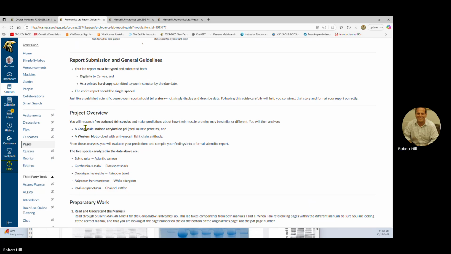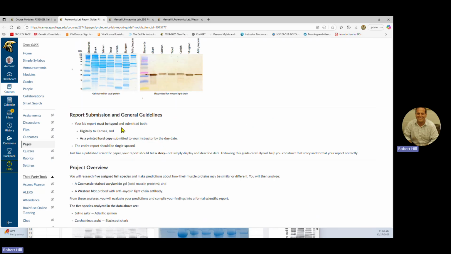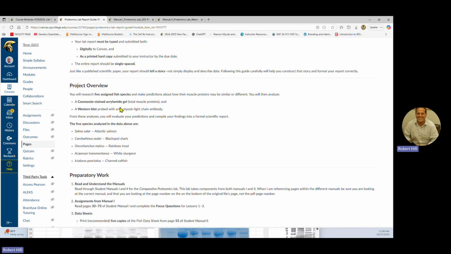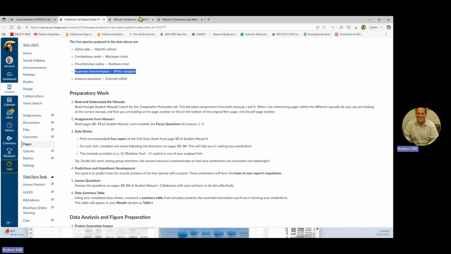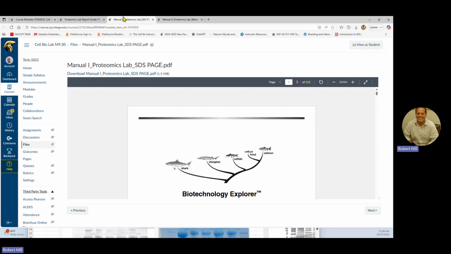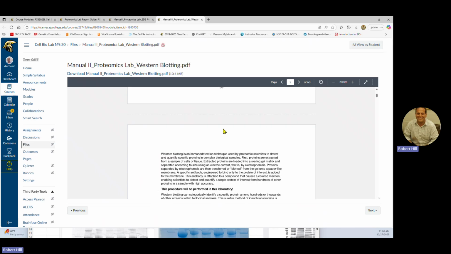All right. So these are the 5 species that I'm using in the sample data. Now, remember, I couldn't get sturgeon, so you're going to have to replace this with whatever fish we did. I forget. So I went over that in class. All right. So 2 manuals I'm going to be referencing here. Manual 1 is just the SDS-PAGE Coomassie. Manual 2 is the